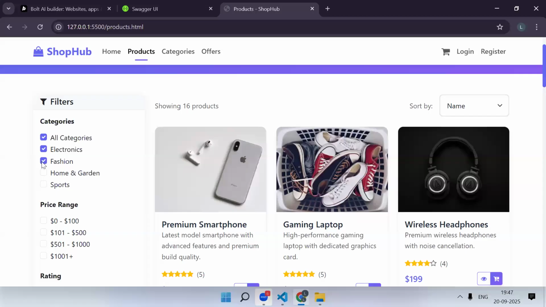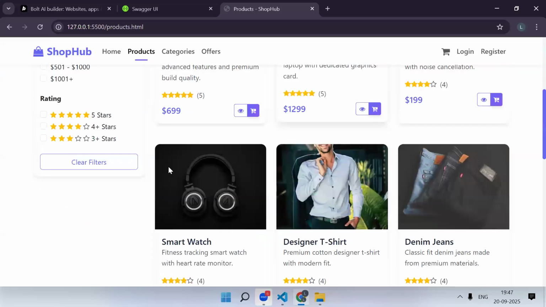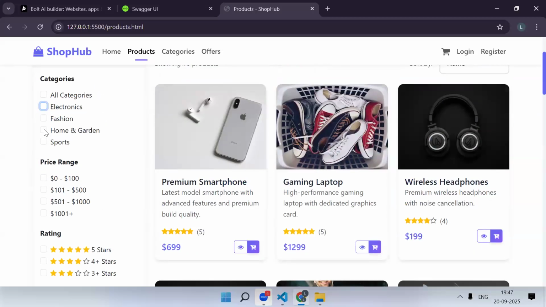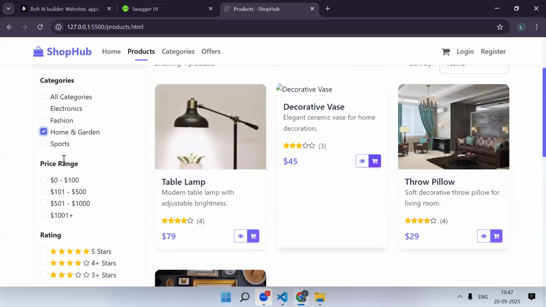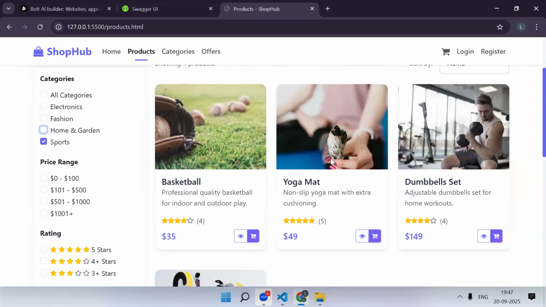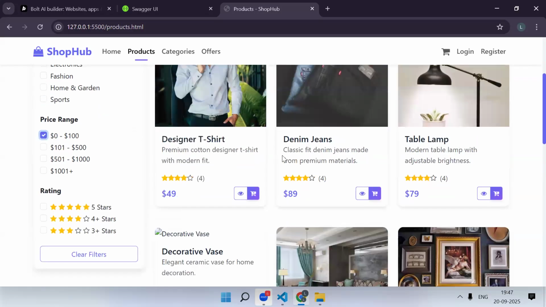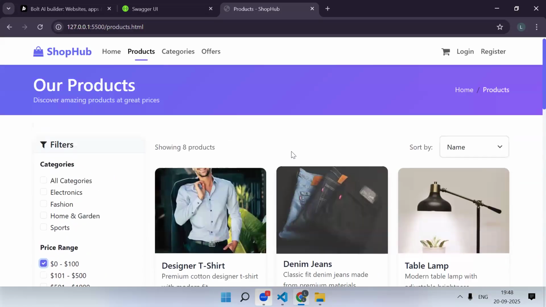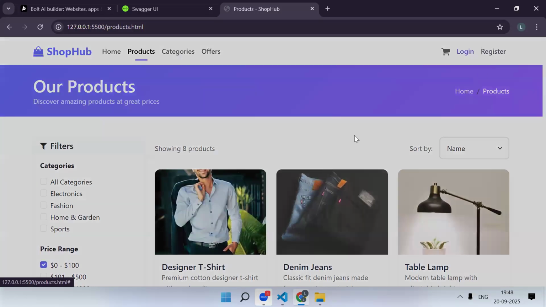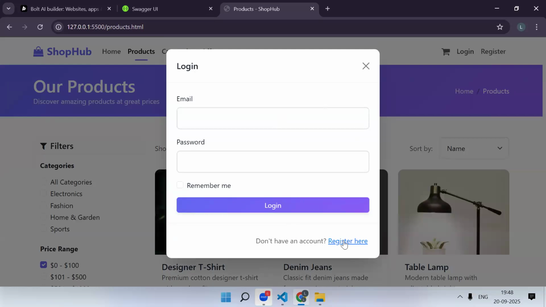See that functionality also they have provided. Is the filter happening or not? Let's try. Yeah, see, the filter is also there, but it is because of the JavaScript code they have provided. Let's try 0 to 100. See, data is changing. Okay, let's try to register if they have